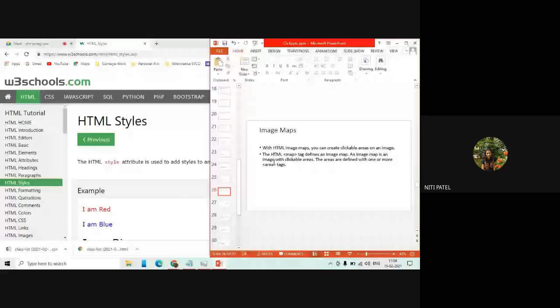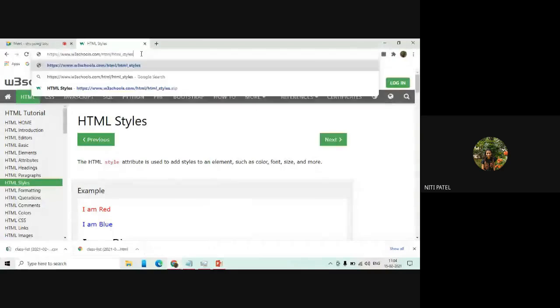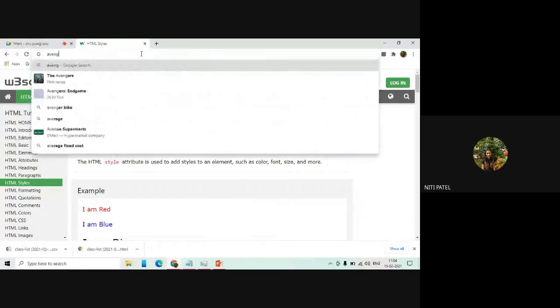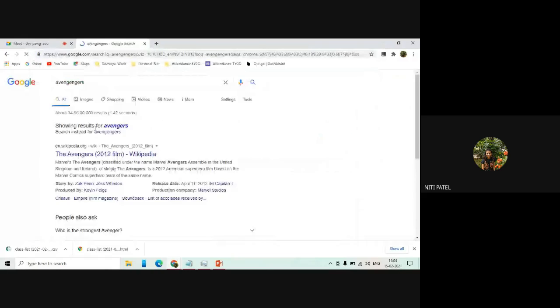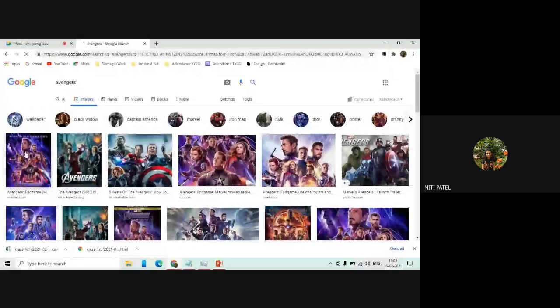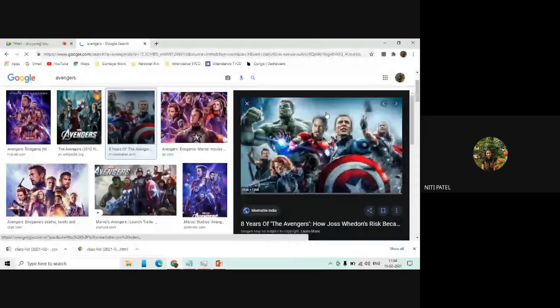For example, on a website, if I search for an image, and in this image I want to give names to each and every character, like if this is Hulk, when I bring my cursor over here it should give me the name Hulk, and when I click, it should take me to a page about Hulk.